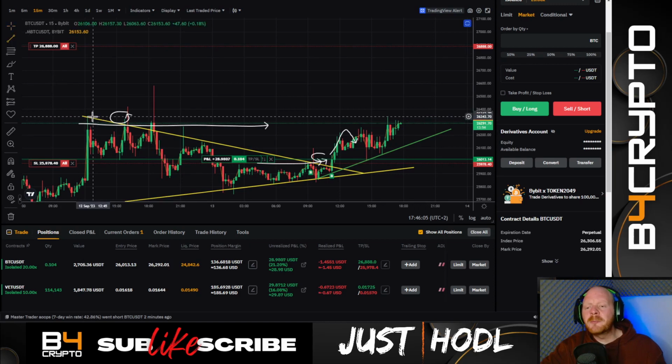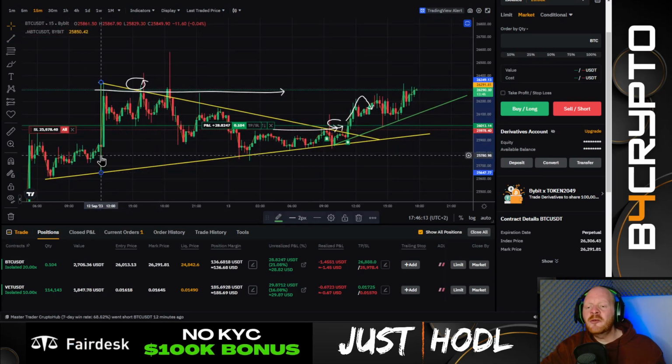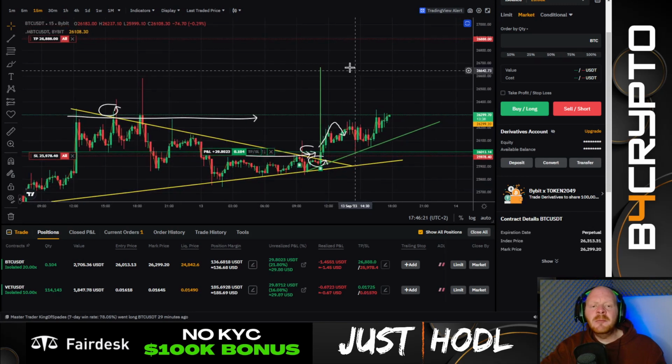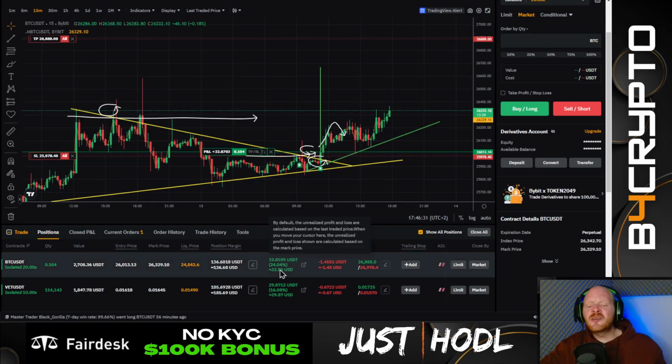And if we're going to look at the price target all the way from the top of the symmetrical triangle all the way to the bottom, let me just draw this a little bit lower, and now we're going to take it all the way to our breakout point. Now we can see that our price target in the immediate short term would be all the way at the level of 26,664. So yes guys, at the moment we are seeing this breakout, and yes, these are just small trades,